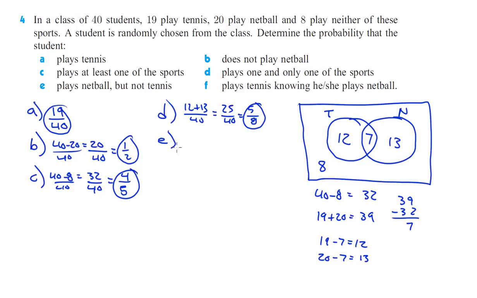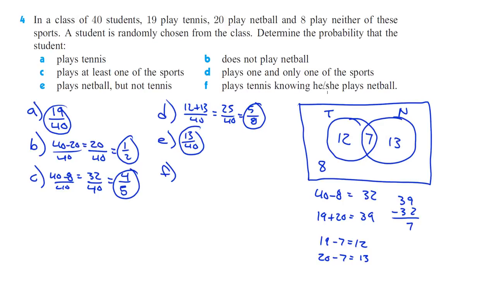Okay. E, plays netball but not tennis. So here's our netball people, but they don't play tennis. So there's only 13 of those people. So 13 out of the 40 play netball but not tennis. Okay. And then F,